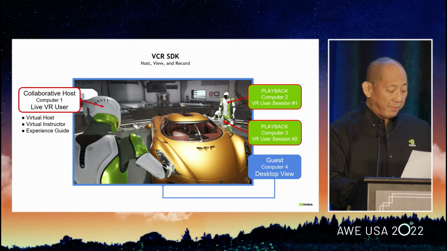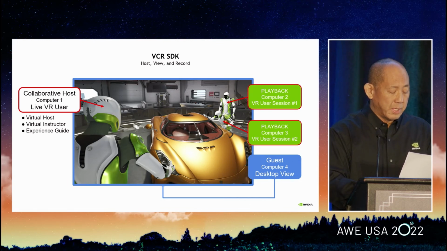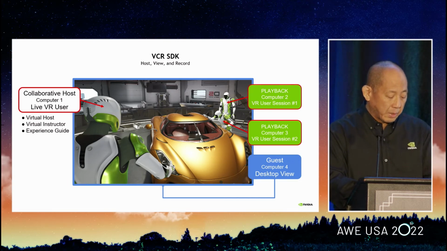On the left, notice the VR session host. This is the avatar that is a live VR user and can see the two pre-recorded VR users on the right in the background. And in this particular example, the third guest is the desktop view, which is the blue border, and the live VR user with the two pre-recorded VR users. The potential here is using a recorded virtual host or instructor to guide you through an application's menus, virtual space,